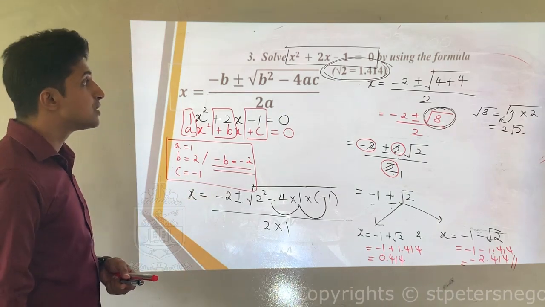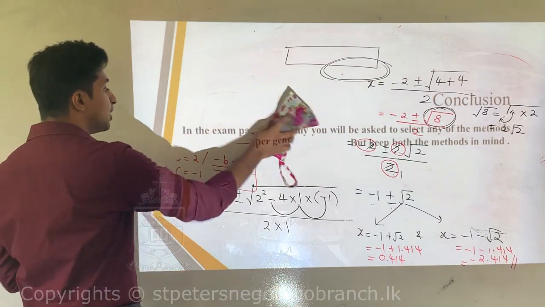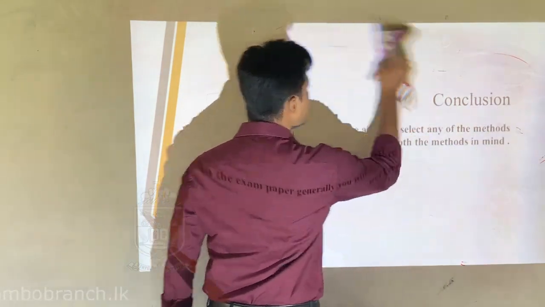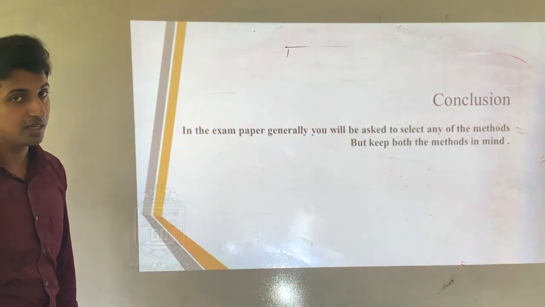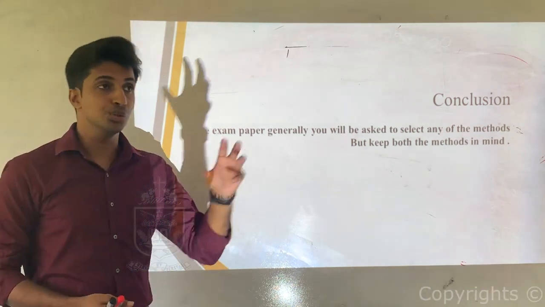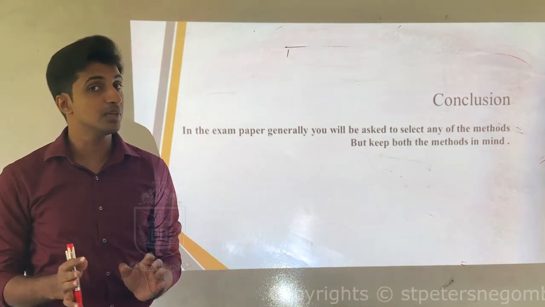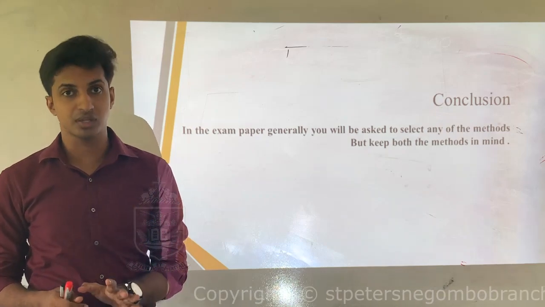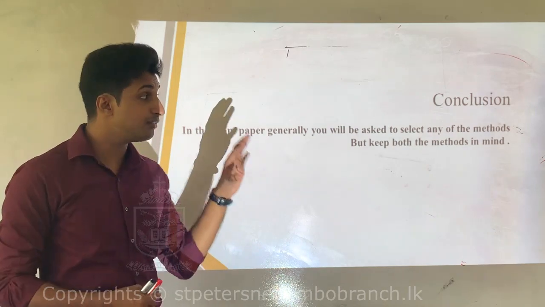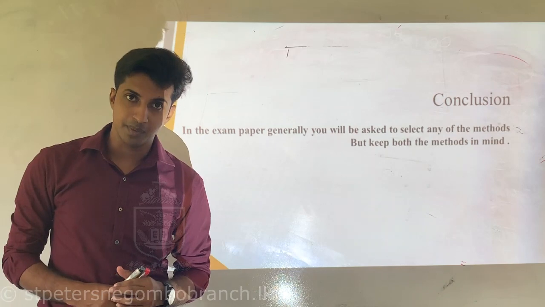Alright? Okay. So basically these are the 2 parts we have to learn under quadratic equations. In the exam, you can use any method. Right? Generally what they say is using completing the square or the formula or any other method. So you can use any method, but be careful, take the easiest one. If you feel completing the square is easy, use it, that's fine. But if the formula is easier, try to use that in the paper.